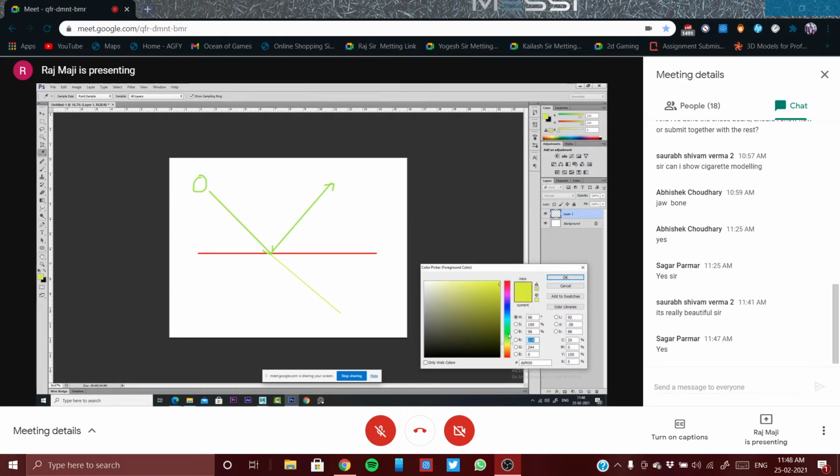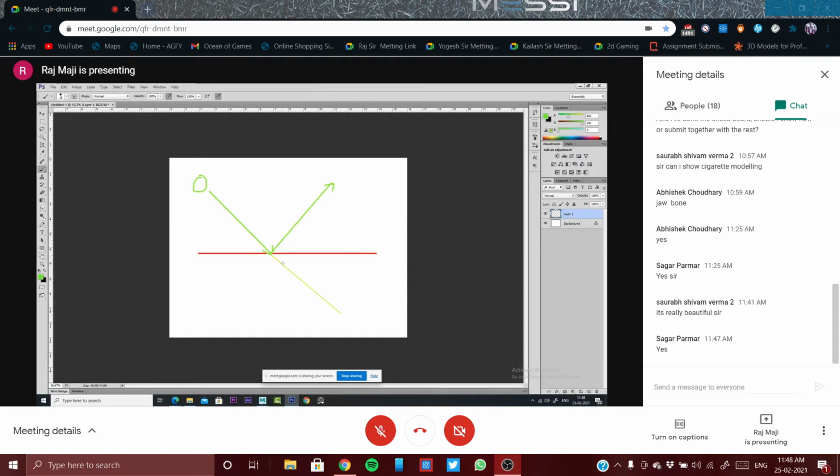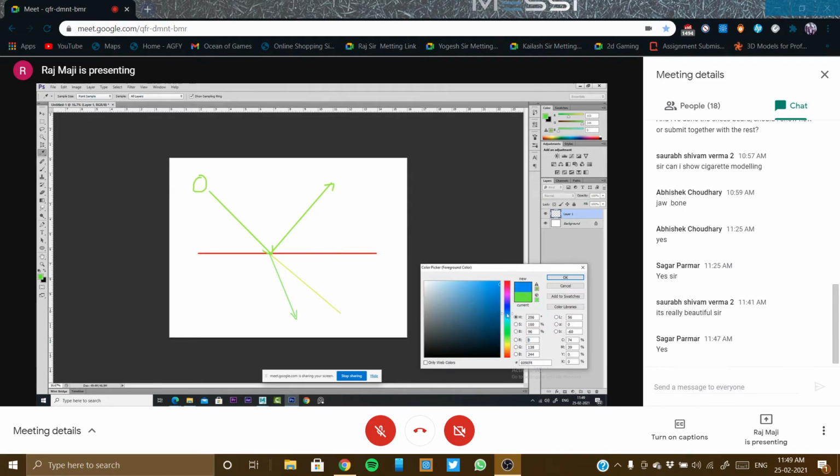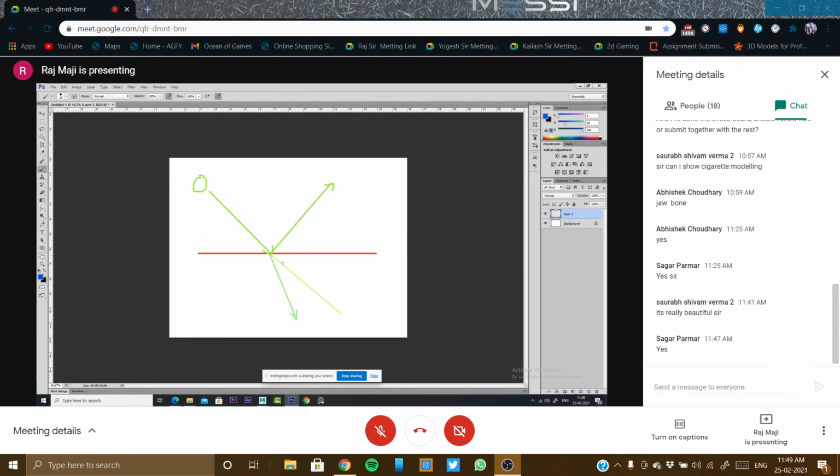Light will go a little bit tilted like this. It will not penetrate directly straight. It will penetrate a little bit tilted. So this angle it has created, how much angle it has created, that is called IOR, index of refraction.